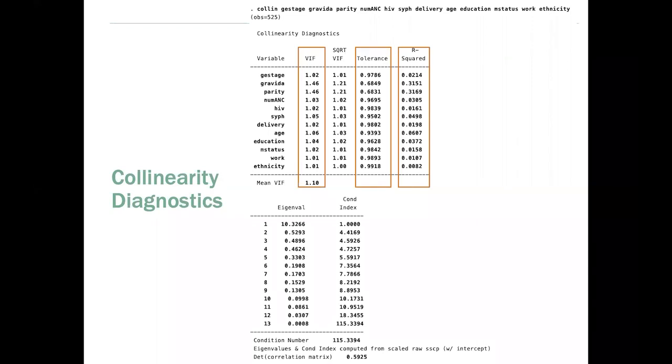So the tolerance values in the third column are computed as 1 minus R-square, where each predictor k is regressed onto the remaining predictors. So taking gestational age, for example, gestational age will be regressed onto the remaining predictors: gravida, parity, number of ANC, HIV, syphilis, and so on and so forth. Tolerance values closer to 0 signal greater problems,